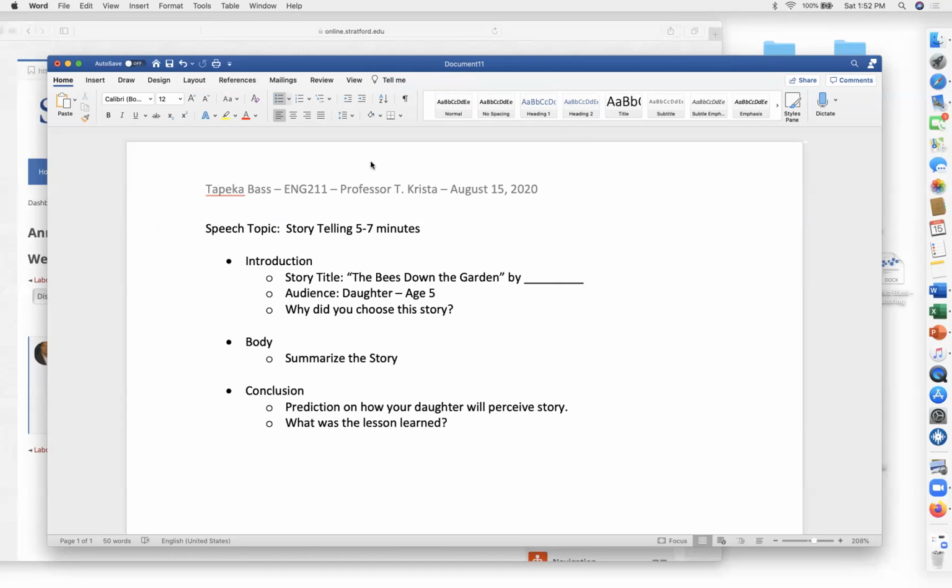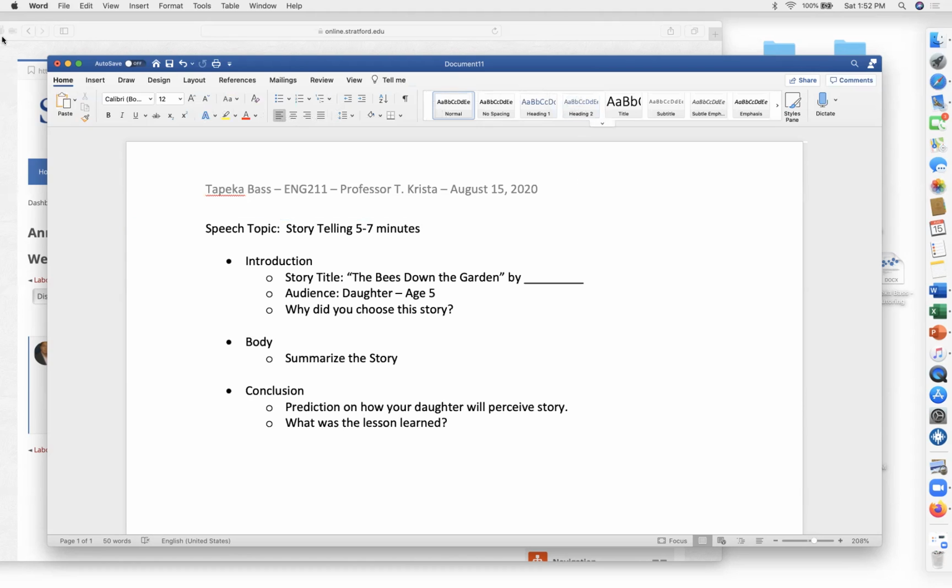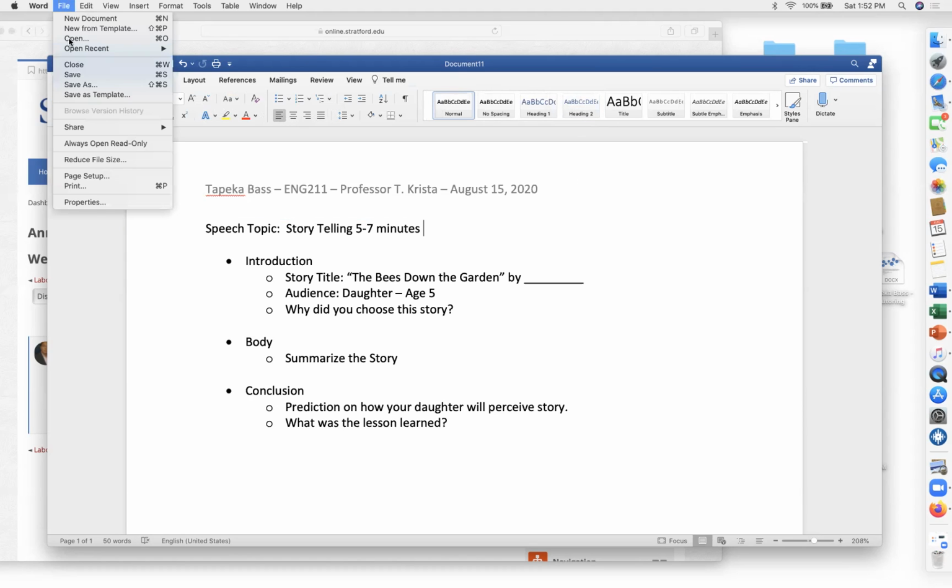Wait a minute, how did you do that? You double click on the space above the words, like this. You double click up here and it opens. See this? It'll say header, and then you can mess with this stuff up here. And how do you get it on every paper that you write? Oh, it'll automatically do it. Oh, okay. And then you close out. Boop. And then when I save it,